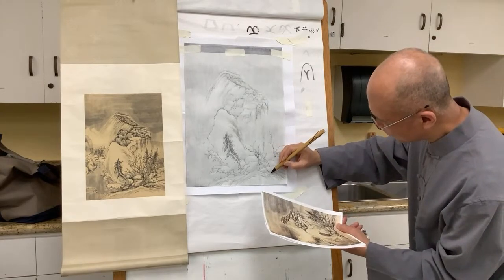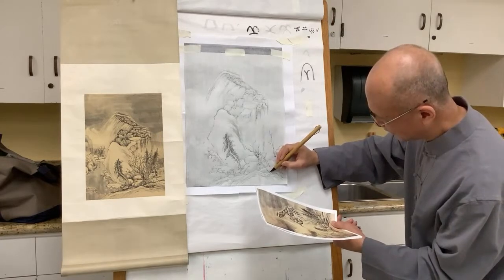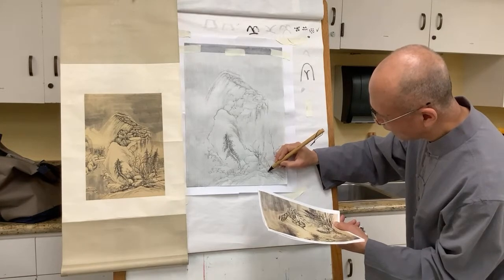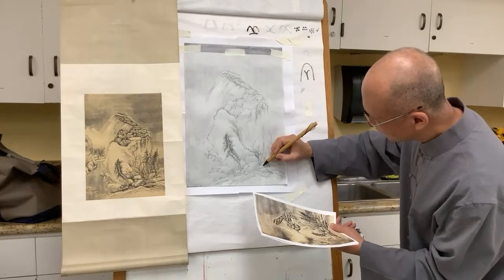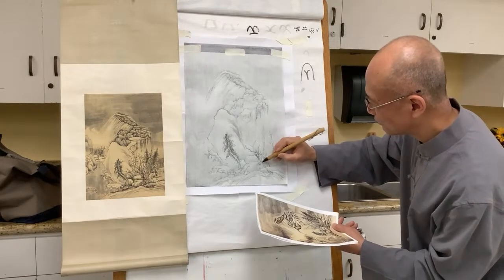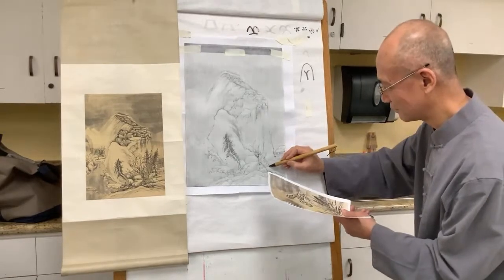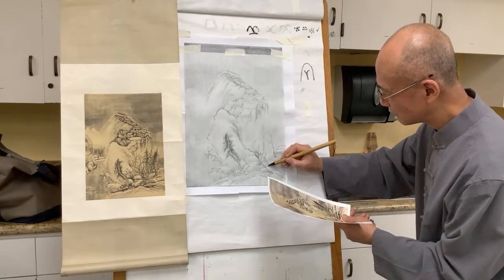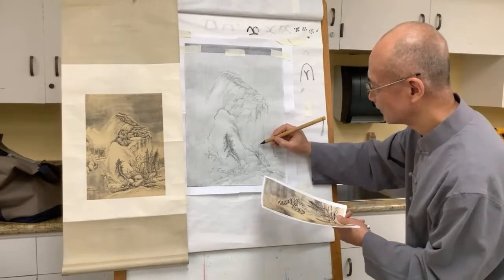There's this split line in the middle of the trunk, really striking. So you can do some dry brush, lost and found, dotted line or something to enhance that. Not repeat exactly, but to reinstate or reinforce it somehow. And that's how much it takes for the root. It's just little dots. Then this part,